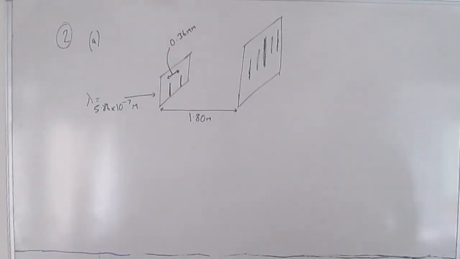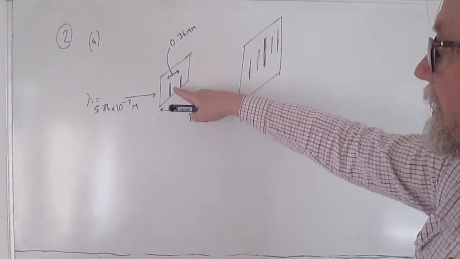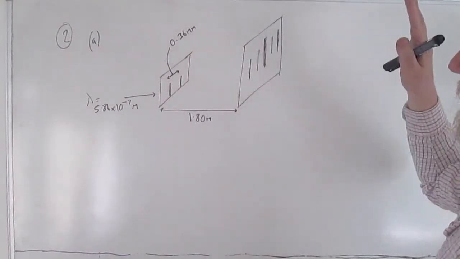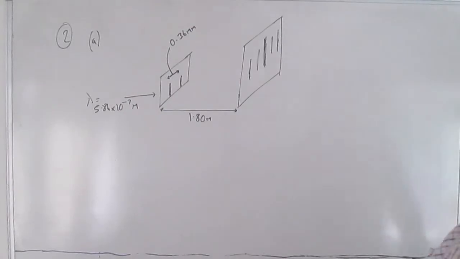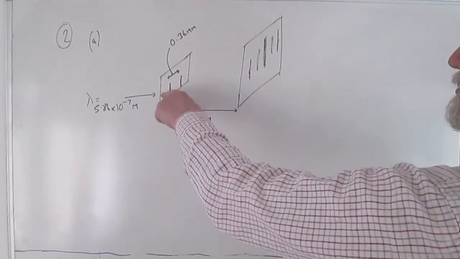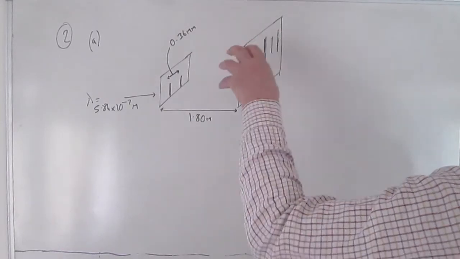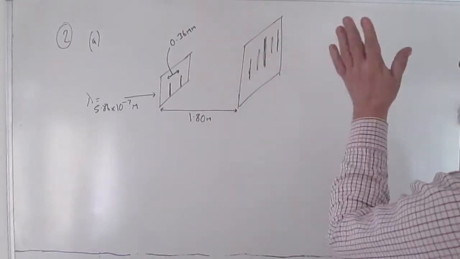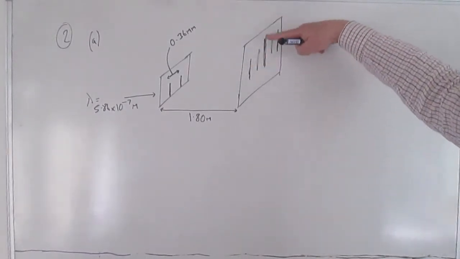So in question 2, this is the setup that it's describing to you. You've got these vertical parallel slits here, and the first thing it asks you is what you're going to see on this screen over here when this light is passed through the slit. So it's the usual thing, it's going to get diffracted by the slits. You're going to get superposition resulting in a pattern of constructive and destructive interference, and you get these fringes on